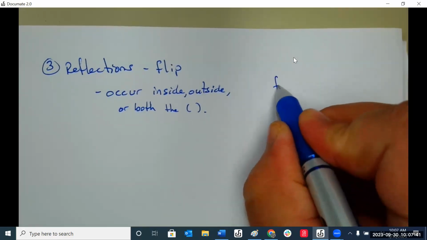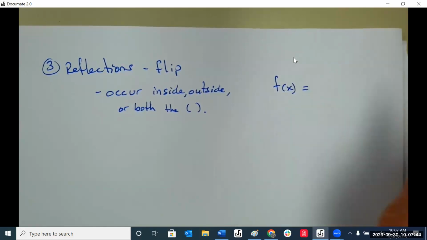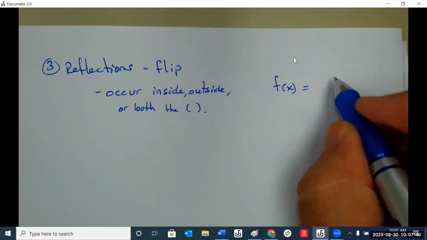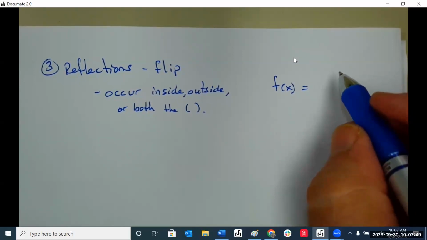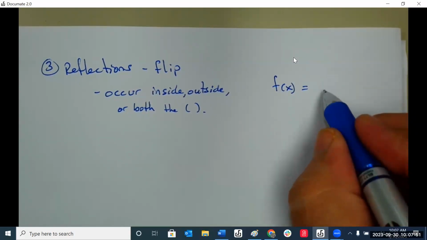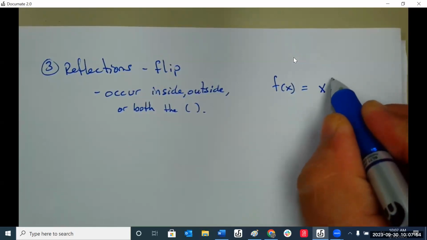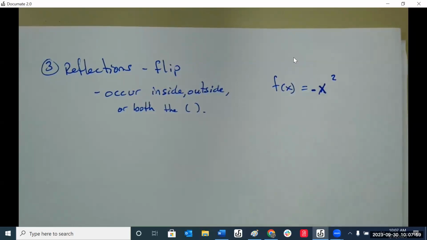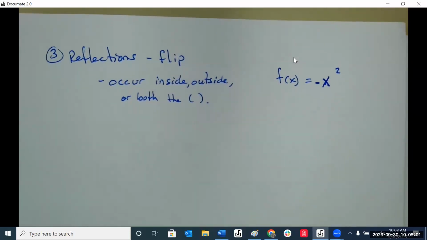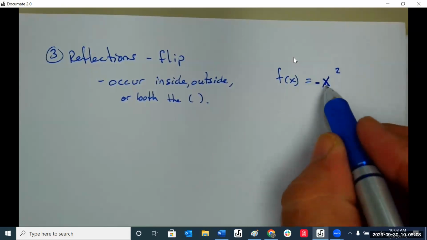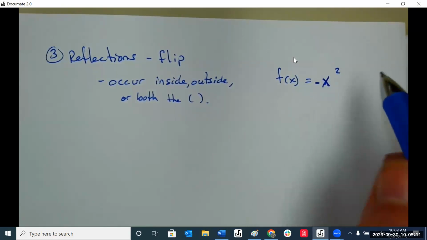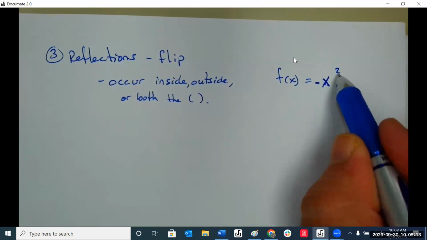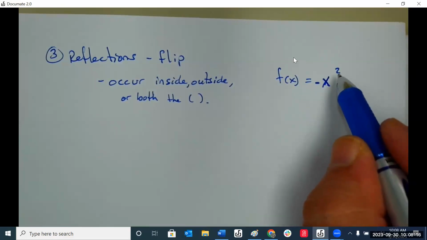So for example, let's say I had negative x squared. Since it's outside the operation, outside the function is x squared, and x doesn't have a parenthesis, so